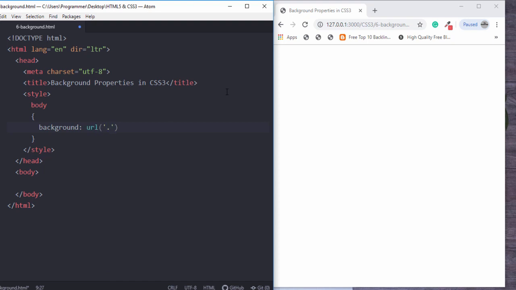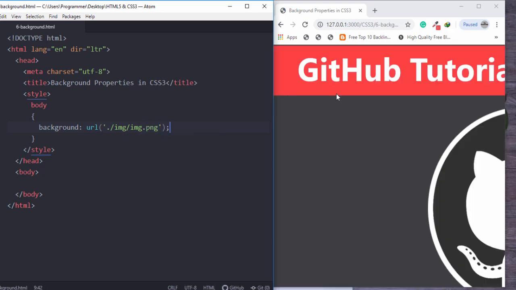Dot means current directory, backslash sign, and folder name. Inside the folder I have an image, img.png. Save that and let's check it now in the browser. Save that, and as you can see guys,